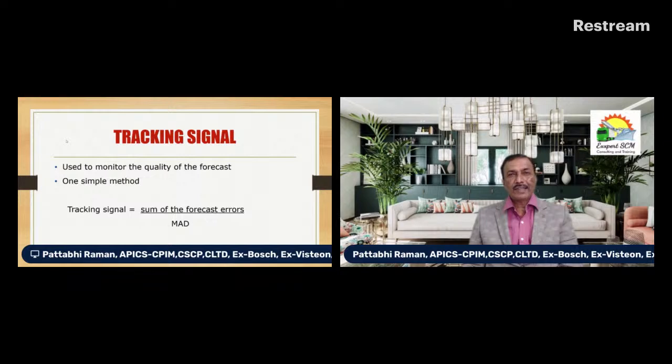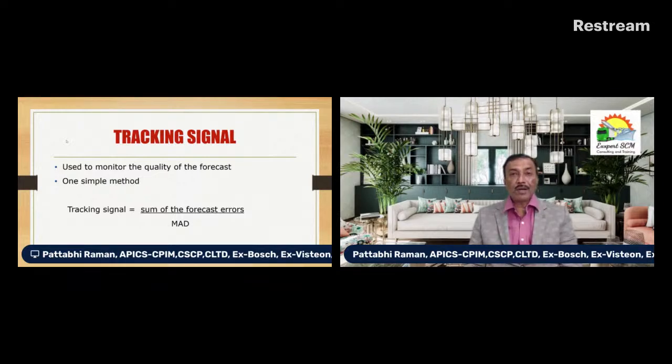Generally MAD and MAPE, there is one more method called MAPE, are indirect, but directly we can use this tracking signal to check our error. When our forecasting system is above this boundary, we may have to discard the current method and go for a better method.